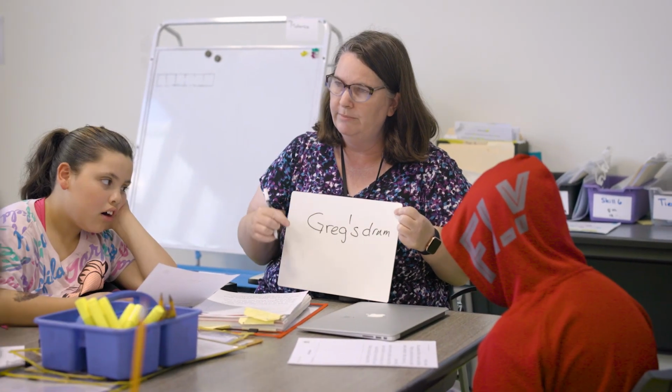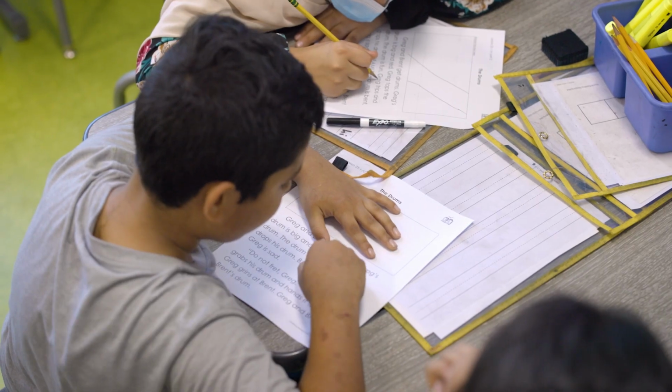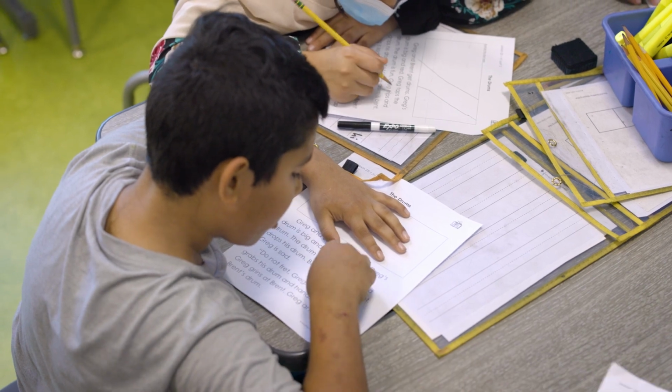practice every day. Through the grant funding, we've been able to implement a series of steps that have helped to really give our kids the type of instruction that they need. The first is to make sure our teachers are getting the type of professional development around literacy instruction that they need. The next step we were able to do is we created a master schedule that increased our ELA blocks to be at least 50 minutes long so that our students were able to do that deep dive into literacy